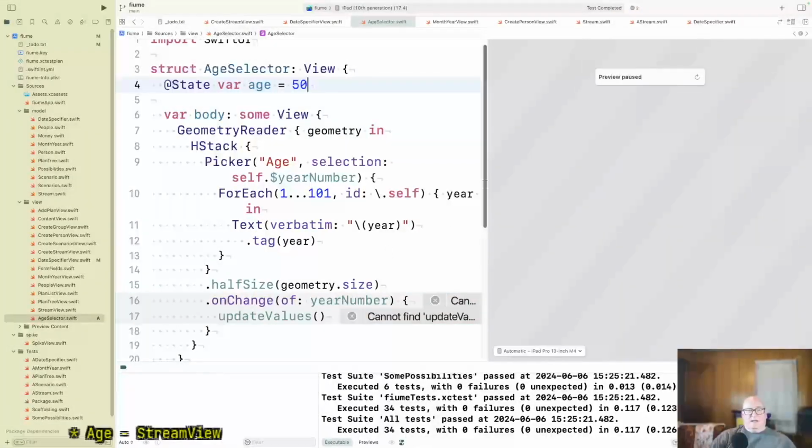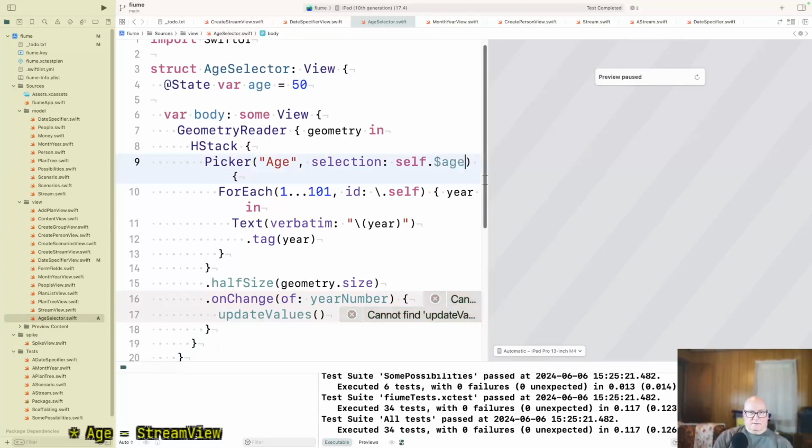Maybe I'll do 50, kind of halfway down the list. I feel like we should have this coming in to us though. Okay, dollar age. For one of these values, verbatim value is, I think,